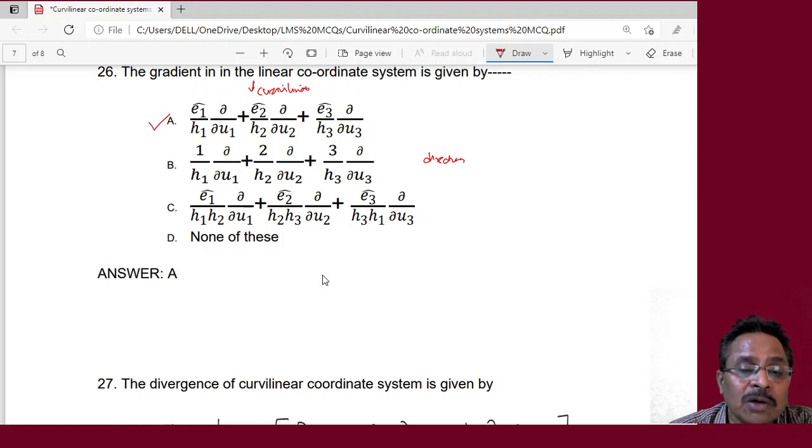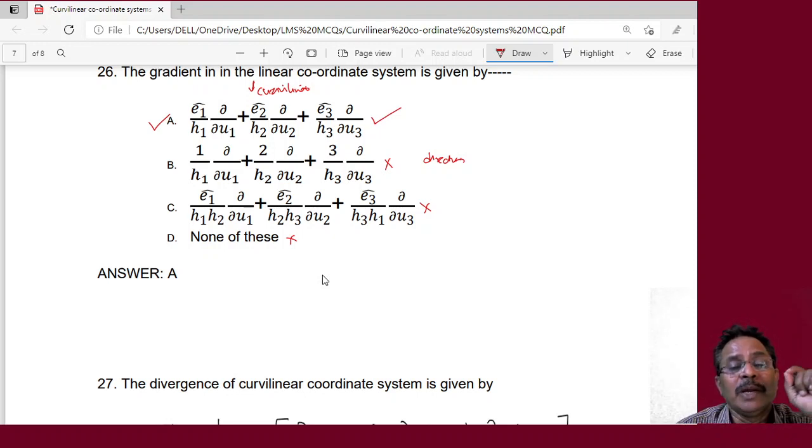In the third option, E1 cap, E2 cap, E3 cap appears, but the scale factors are appearing as H1, H2, H2, H3 and H3, H1. That is also not correct, so this is also not a correct answer. Therefore, the correct answer of question number 26 is A, that is E1 cap